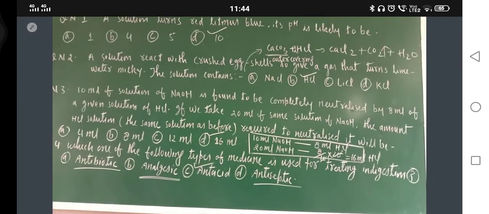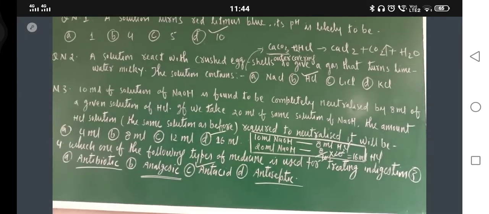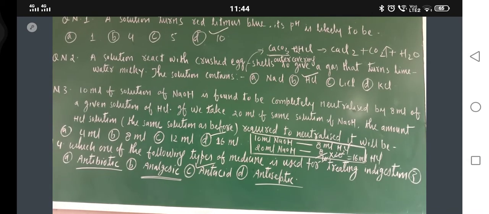Now I have removed the collar mic. You can speak. Now question number 5 is there. What is question number 5? Just see here. Question number 5 is,